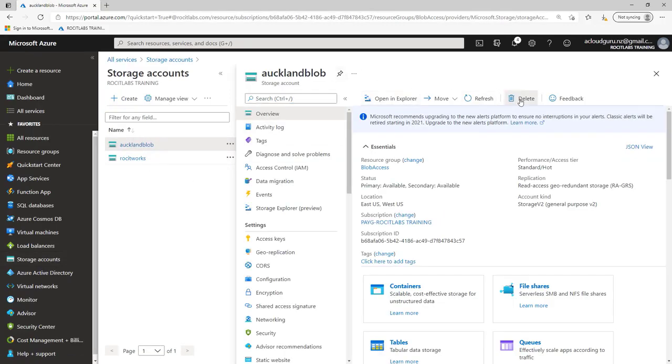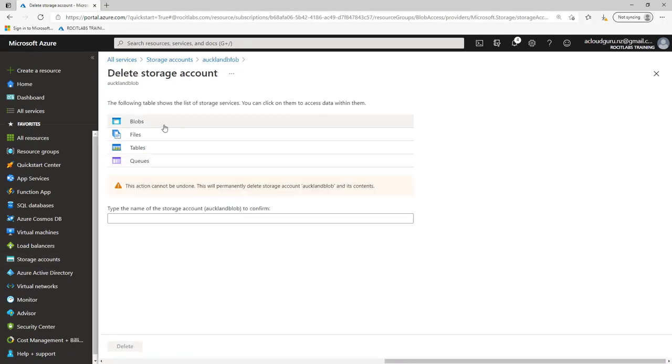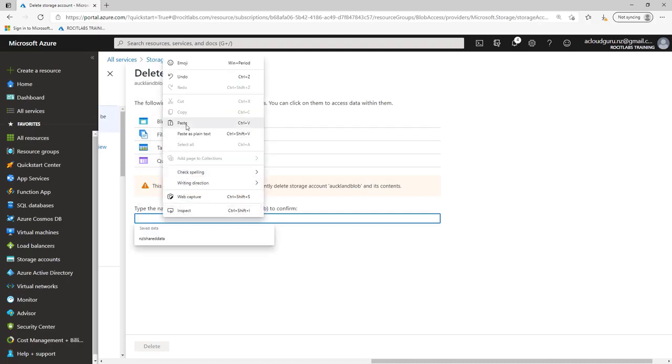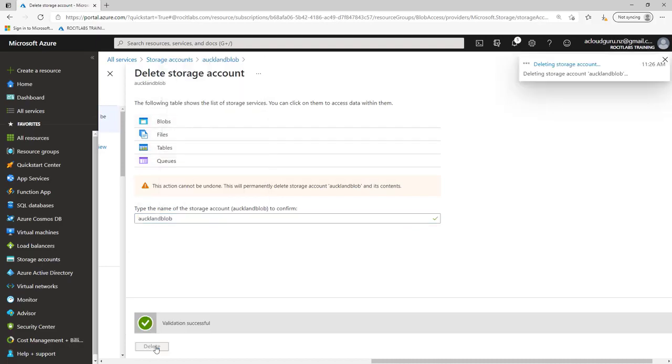We just say delete. Now, bear in mind, when we delete the storage account, it's going to delete all the blobs, the files, the tables, and the queues. So be very careful on what it is you're deleting. So I'm going to highlight the name here and click copy, and I'm going to paste the name into here. And I'm going to press the delete button, and this is going to go ahead and delete that storage account